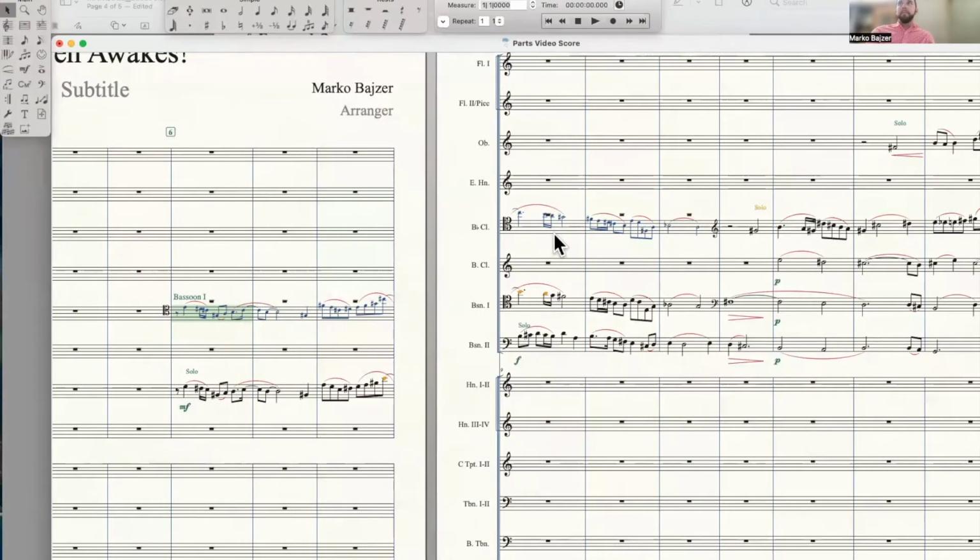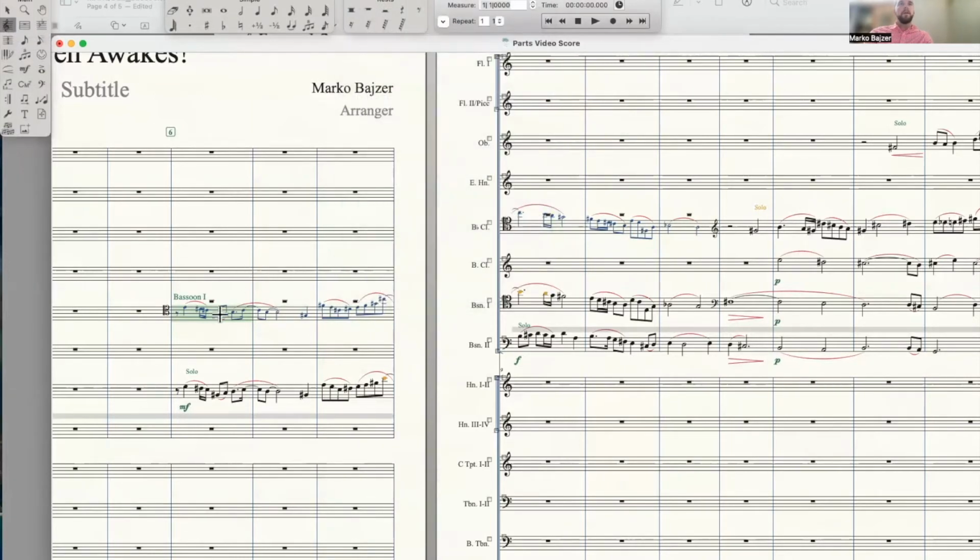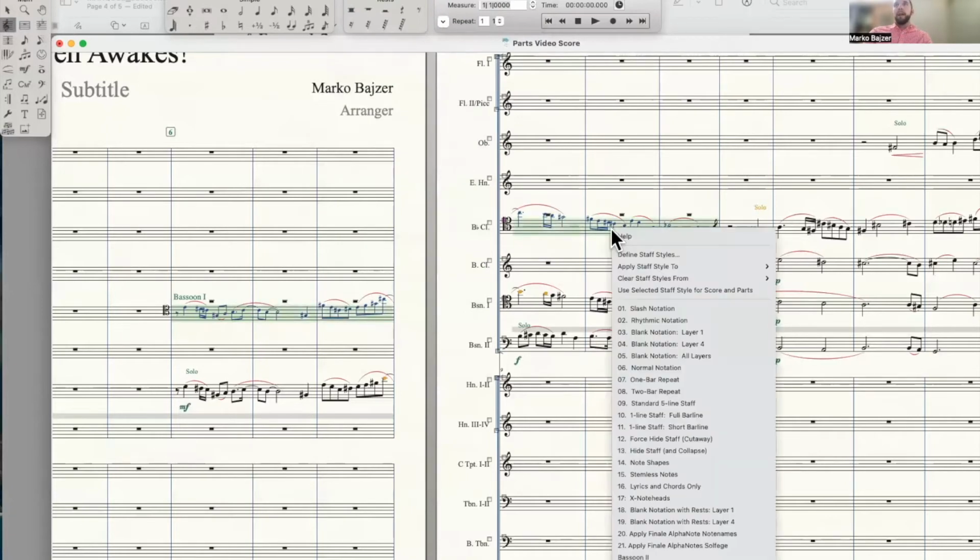So we have to hide them. And the way to do that is with a function called staff styles. All the cue did was take this bassoon line, shrink it to 75%, and put it in layer 4. So what we're going to do is highlight this cue, and then right click,